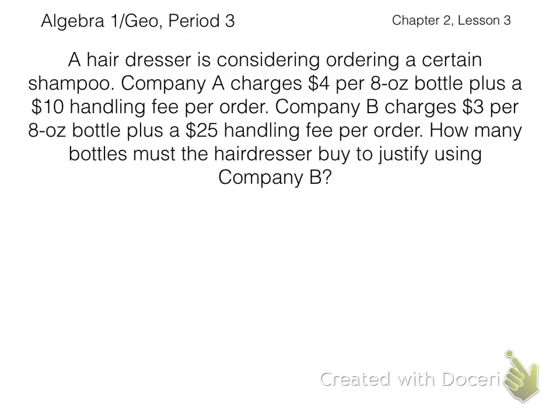Here's an example word problem that demonstrates the same thing that we just looked at on the previous slide. A hairdresser is considering ordering a certain shampoo. Company A charges $4 per 8-ounce bottle plus a $10 handling fee per order, whereas Company B charges $3 per 8-ounce bottle plus a $25 handling fee. How many bottles must the hairdresser buy to justify using Company B? Even though for Company B the bottles are less expensive, that handling fee is what's going to throw off what's going on. So if we've got Company A and we've got Company B,